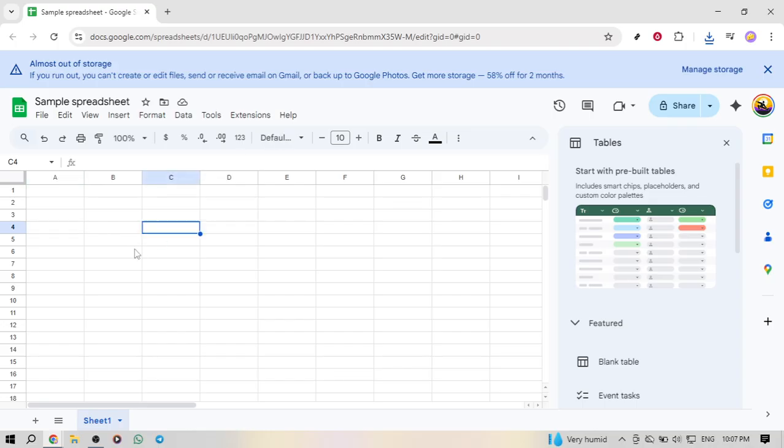First, open Google Sheets in your browser and create a new blank spreadsheet, or open an existing one where you'd like to add stock data. Give it a moment to load, then click into the exact cell where you want the stock information to appear. It's a good idea to pick a clear spot near the top so you can build around it later